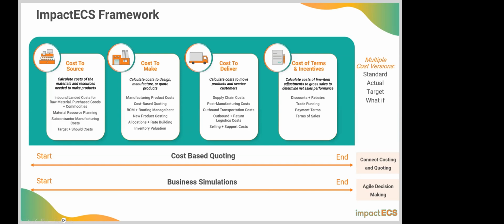If now all of a sudden I need to shift some volumes from one plant to another and I have a different routing for these products, right? Then I want to know, what does it cost me? What's the difference in cost in doing so, right? But simulating it and moving those levers in any of these areas at any point in time and recalculating your entire product cost world